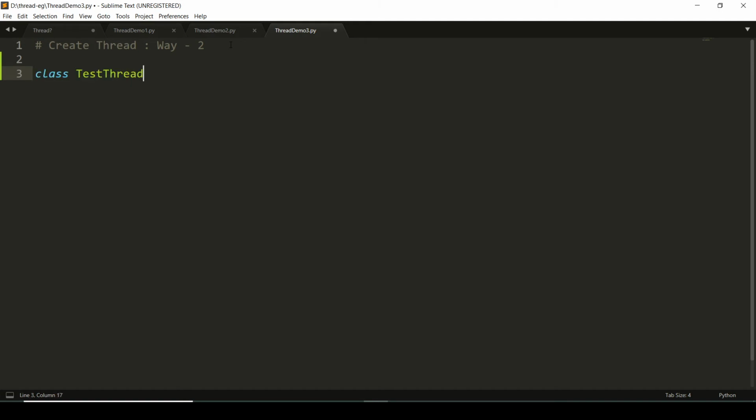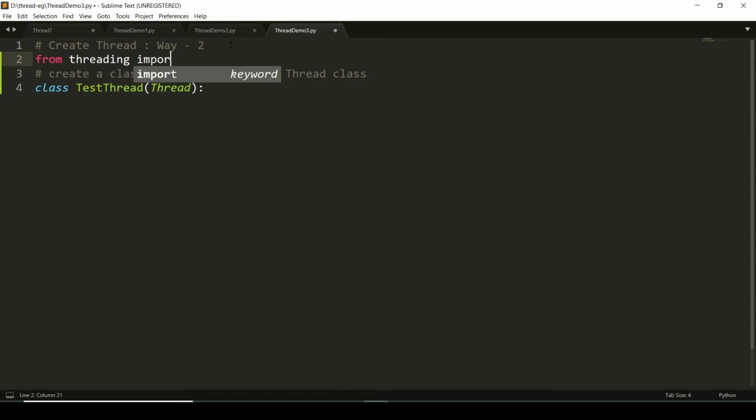This is the name I have given to my class, but it has to be derived from the built-in class Thread. Your class must be derived from the Thread class. I'll import the necessary module, from threading import *.